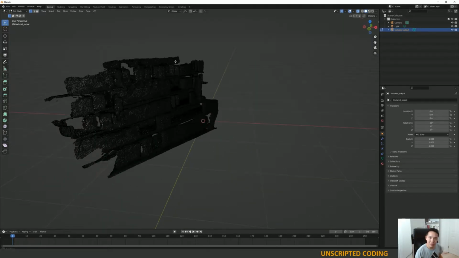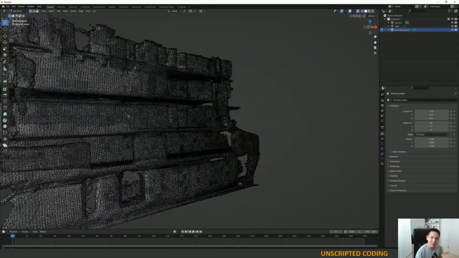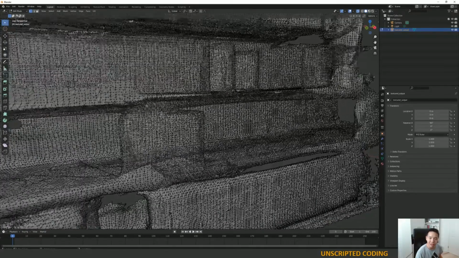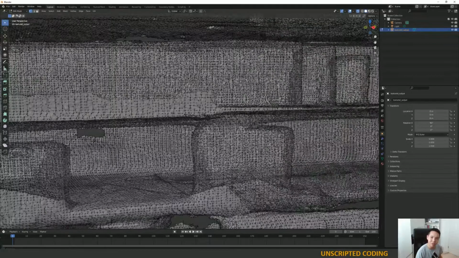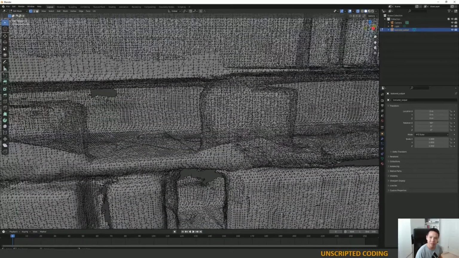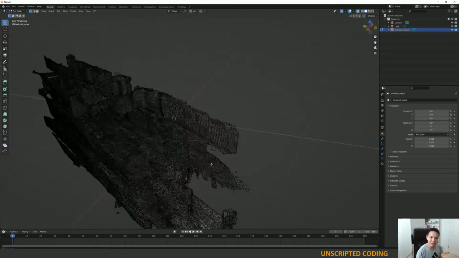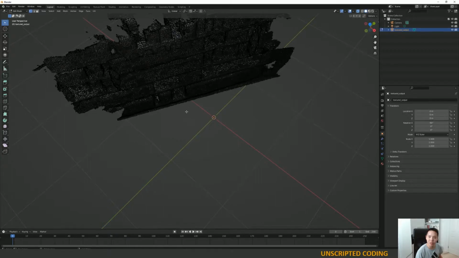But if you take a look at these points, this is what the iPad is doing. It's just creating a ton of points. And even though these are more or less flat surfaces, there are thousands and thousands of vertices. And we don't really care about that. So once we clean up just a little bit of the edges here, and I want to get